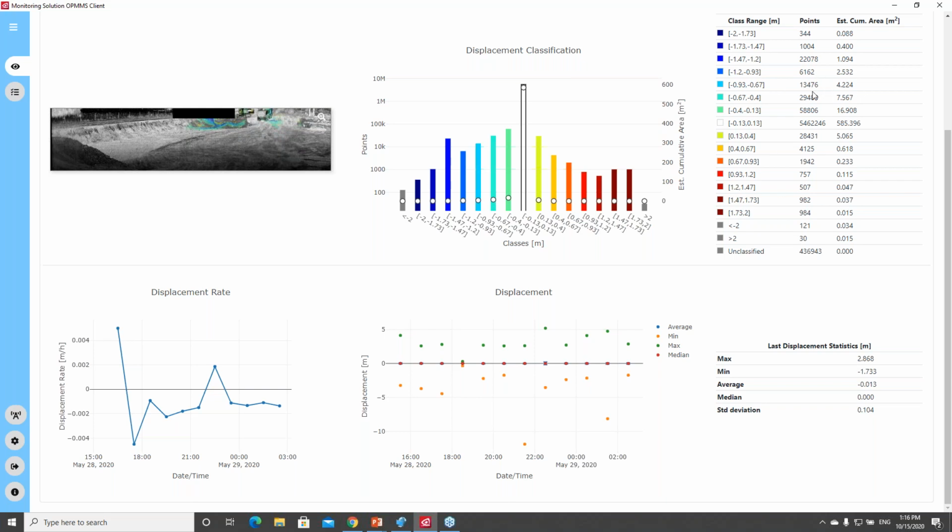All the detailed information is listed on this table on the right here. There are two other important graphs which help us keep track of the change in terms of displacement on site. On the left here, the speed of change was recorded in the displacement rate, which plots the average displacement in time. And besides, there's also a graph which displays the relation between displacement statistics recorded by the system, including minimum, maximum, average, and standard deviation of the